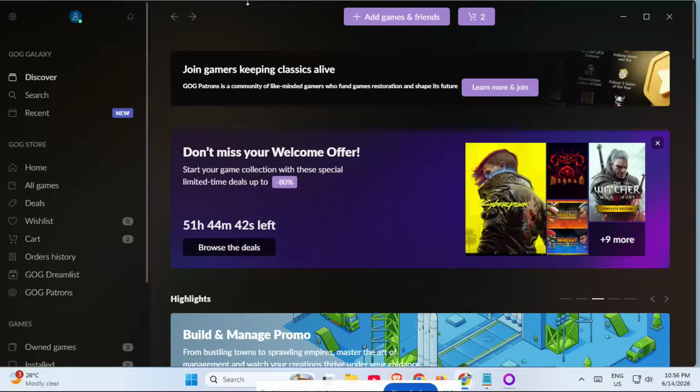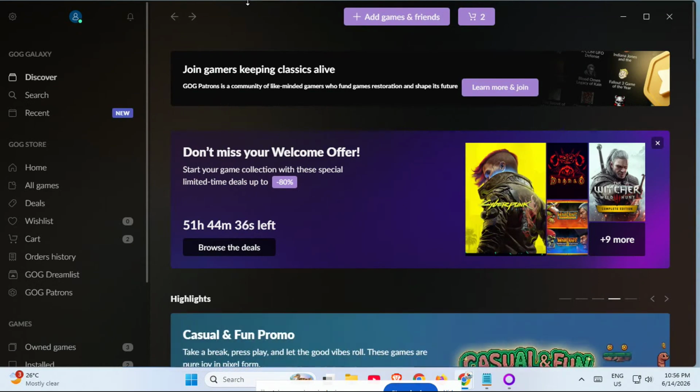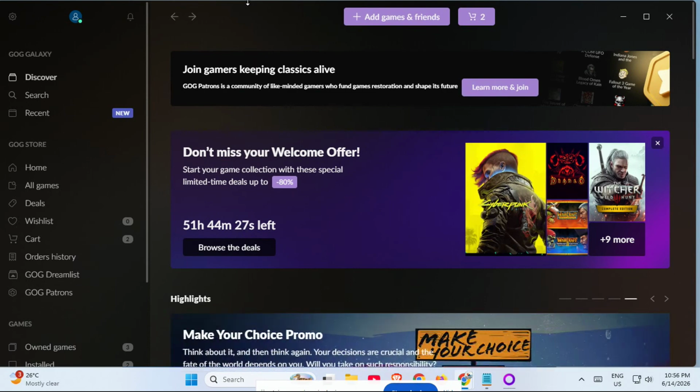In this video, I'll show you how to disable auto update in the GOG app quickly and easily. This is a simple setting, but it can be really useful if you want more control over when your games download updates, especially if you're trying to save bandwidth, avoid interruptions, or just prefer to update games manually on your